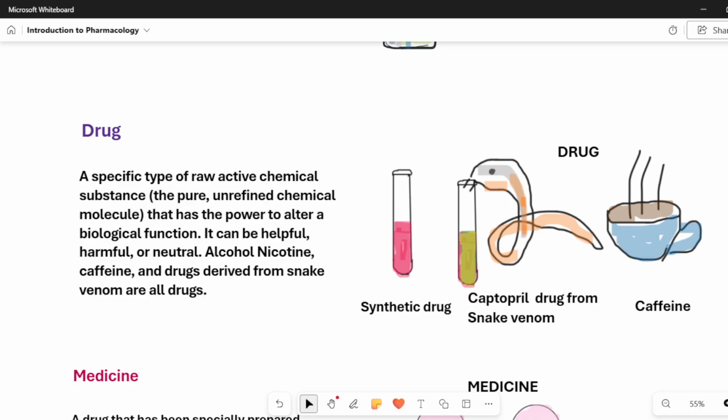So drugs can be helpful, harmful, or neutral.